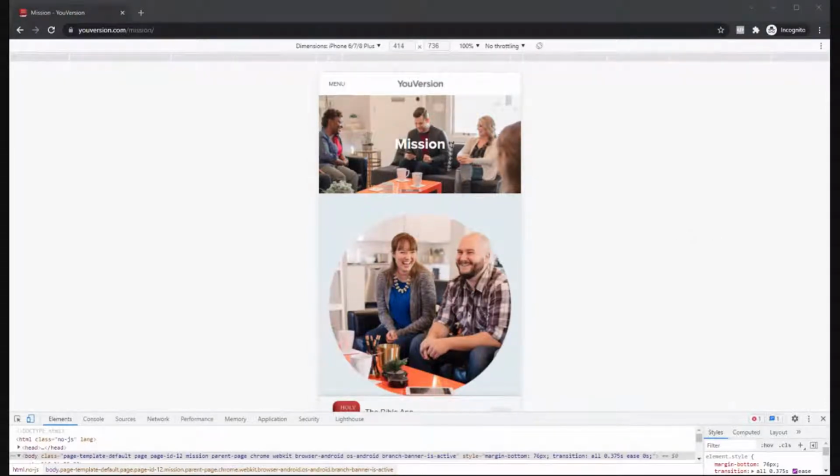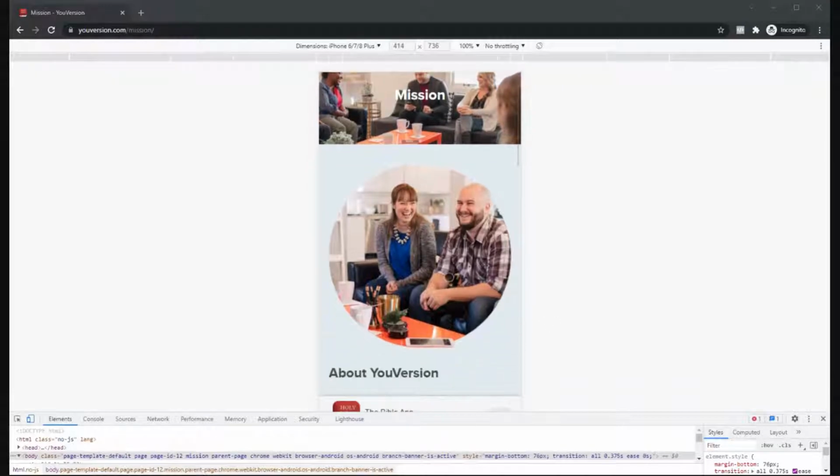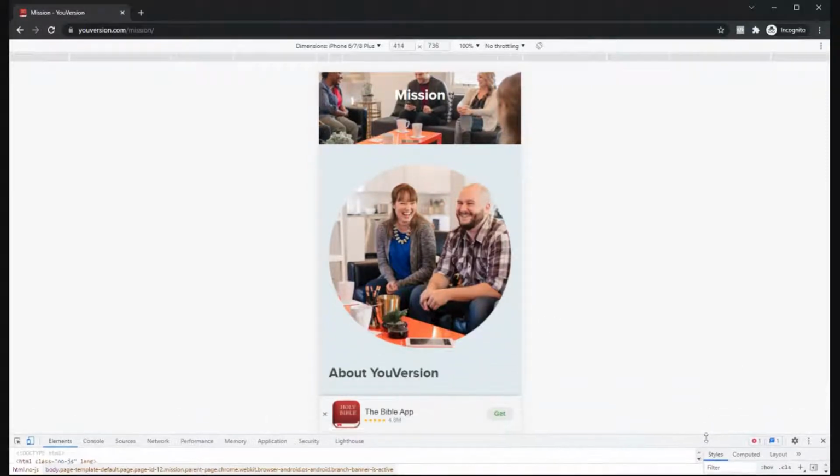All right, so let's see. This is the page on the mobile device, the same page. So obviously we still have our mission. We have smiley, happy people. We've got a big round circle of smiley, happy people. Again, this really isn't very app focused. Let me shrink this down a little bit more. But what I do get on mobile devices on this page is a pop-up that takes me to go get the app. And so any mobile device that comes to this page for the very first time, you're going to be able to click on